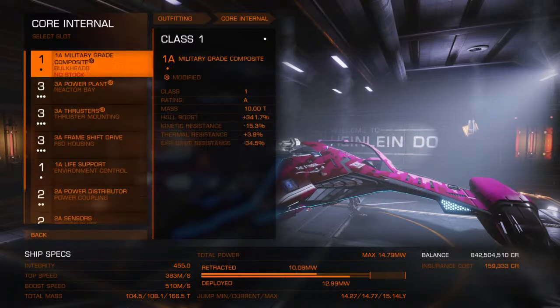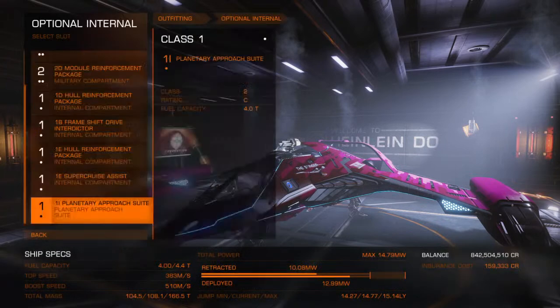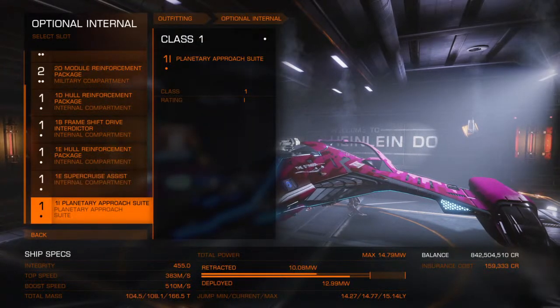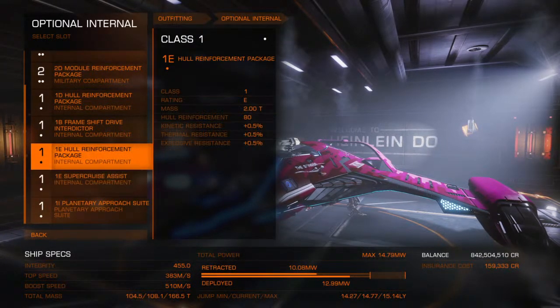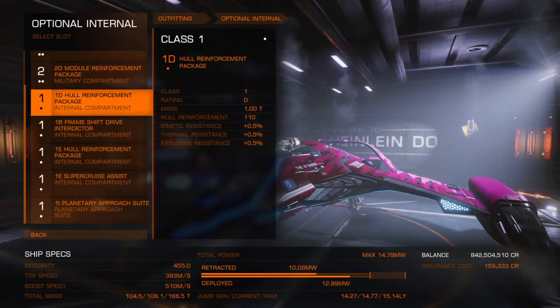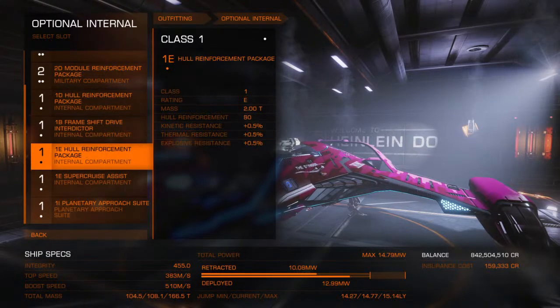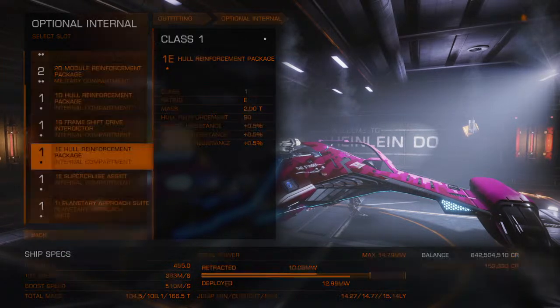Power distributor, sensors, I basically just A-rated everything for the internals and the optionals. Planetary approach suite, supercruise assist. Did a hull reinforcement in one of my size 1s. Got an interdictor, another reinforcement package. I got a 1E and a 1D. Wonder about that. So, what's the difference here? 1D is better. Let me see if I can...